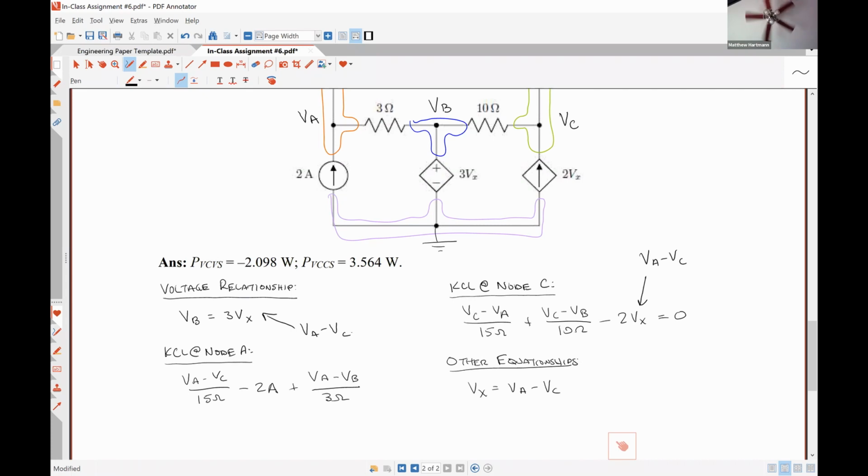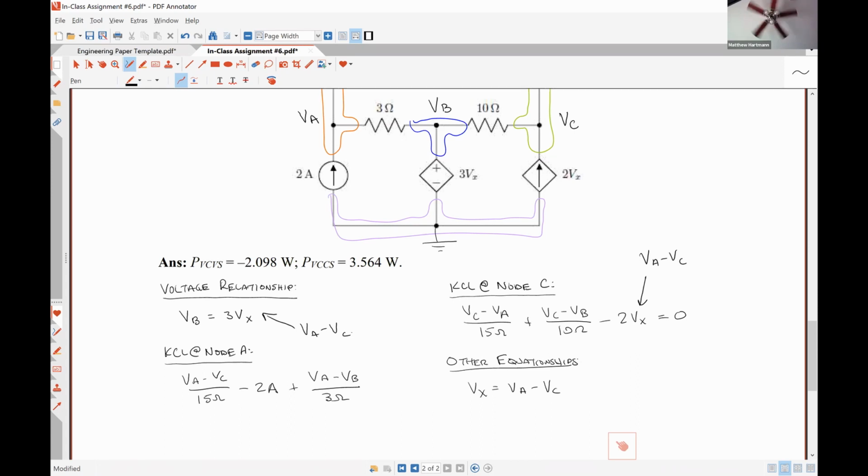So in my voltage relationship equation, let me clear out all my calculator memory. So we have a 3x3 equation. So I'm going to have 3 VA minus 3 VC. And if I move VB over to the right-hand side of the equal sign so that all my variables are on the same side, the coefficient of VB is going to be -1. So I have 3 VA minus 1 VB minus 3 VC is equal to 0